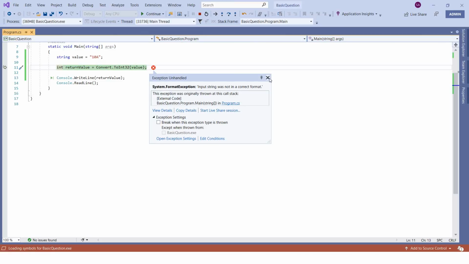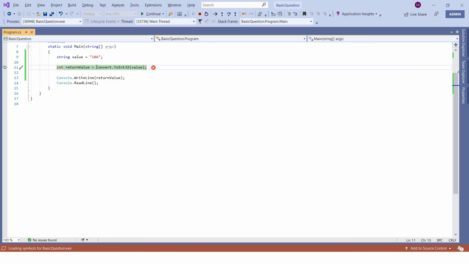We'll discuss exception handling in great detail in later video sessions. I'll try to create some videos on exception handling as well. For now, understand that these are the options through which you can convert one data type to another data type. All the options that we saw are explicit conversion, meaning we are explicitly instructing the compiler that I want to convert this data type from one type to another type.